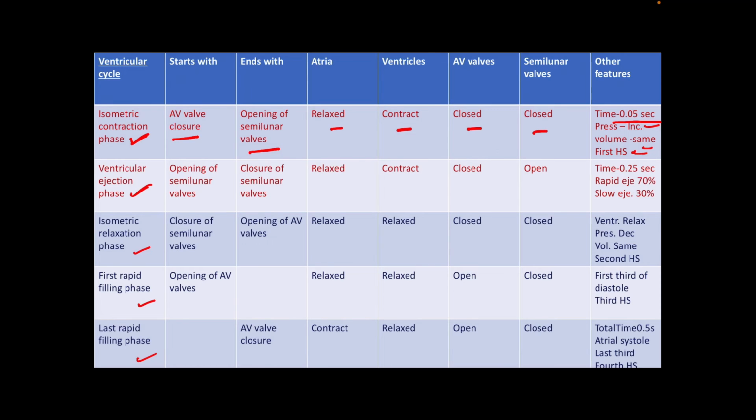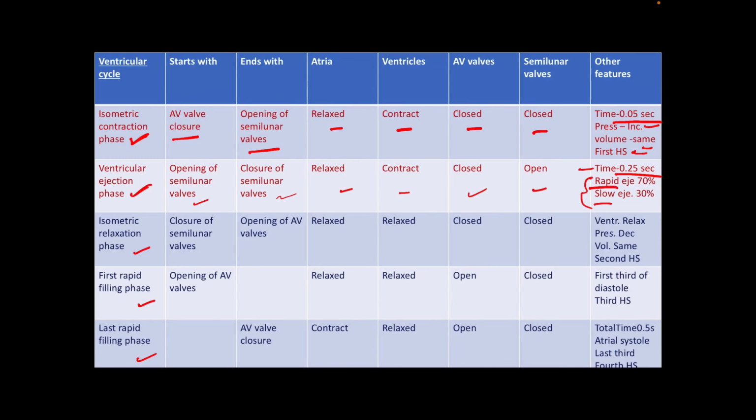The ventricular ejection phase starts with the opening of the semilunar valve and ends with closure of the semilunar valve. The atria are relaxed, ventricles are contracted, AV valves are closed, semilunar valves are open. The time duration for this phase is 0.25 second. It is again divided into two phases, rapid and slow. Rapid ejection phase pours 70% of blood into the systemic arteries,